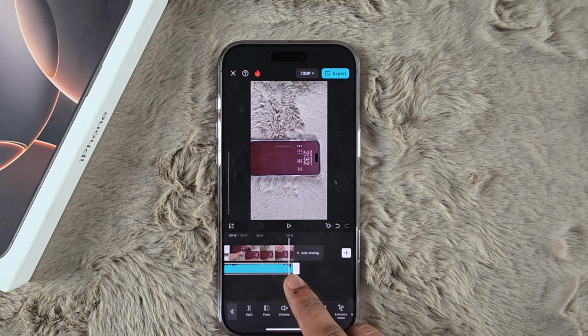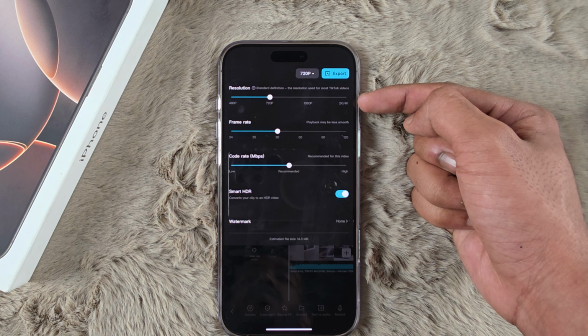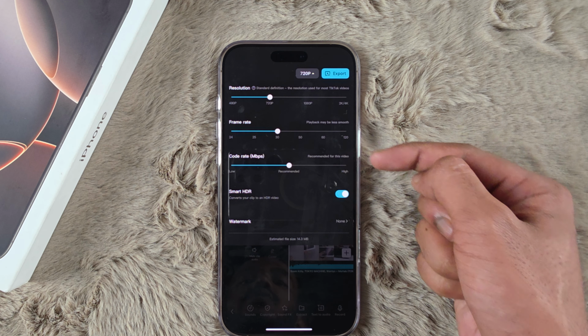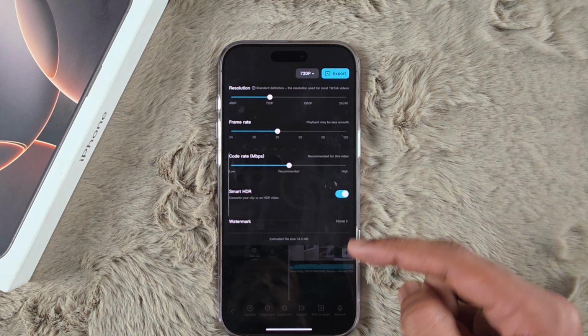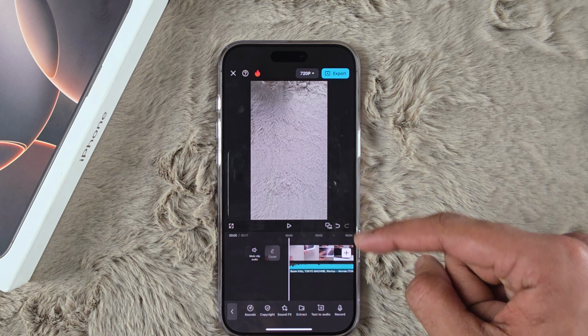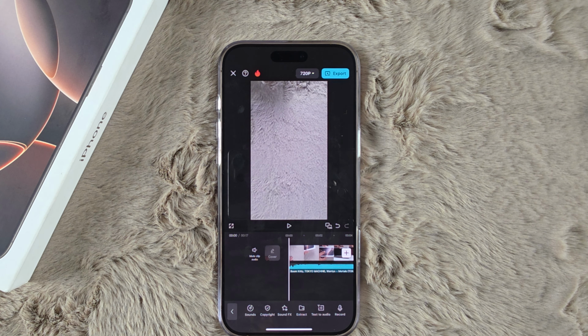Now you can just simply tap on export and export it, and here are some options. You can export it in 2K or 4K, also with 120 fps, and another code rate. You can select the code rate. Also you can enable the smart HDR. Then you can simply click on export, and it will export this video with this song, your own song, on